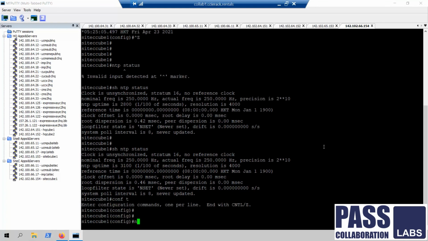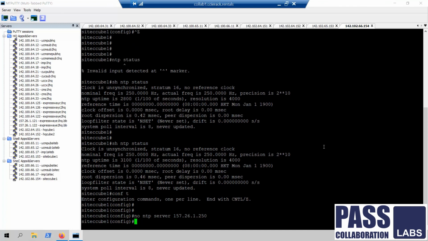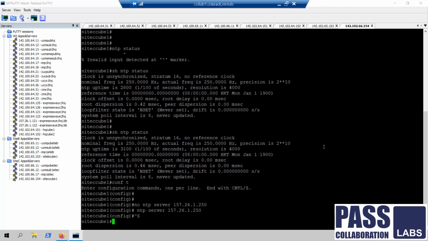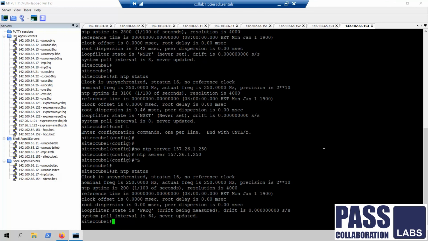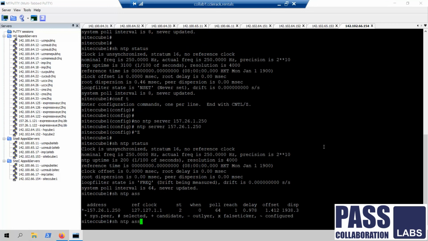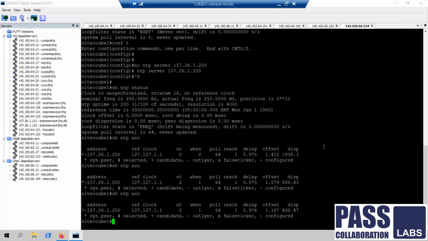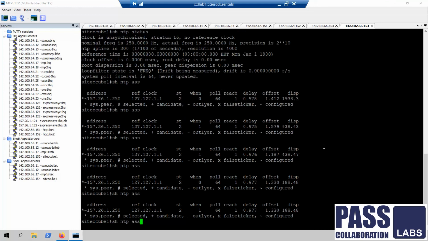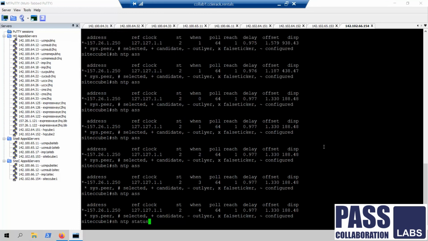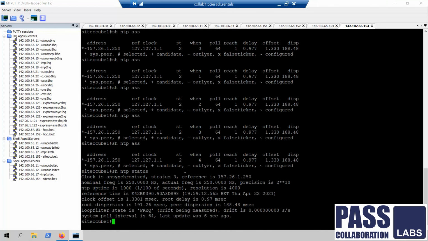So I will take it off and add it again. There you go. The value is increasing. For the time being, it's unsynced. But since when values are increasing, in some time it will get synchronized.